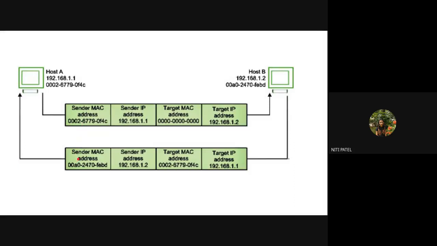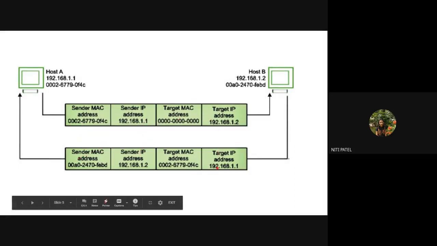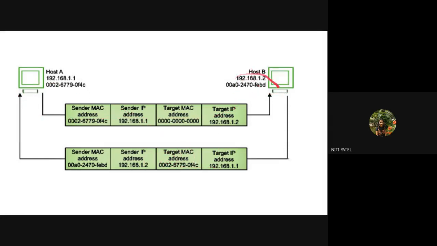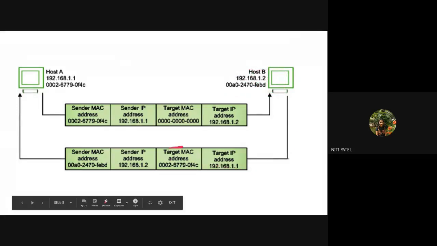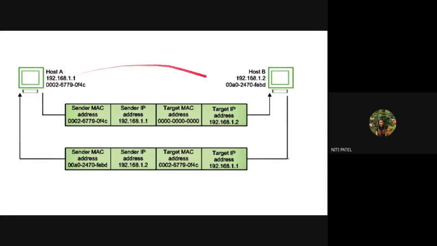So I have the sender IP address, I have the sender's MAC address. I had the target's IP address also, but I did not have a MAC address. I requested it. The ARP protocol executed on host B. As the protocol executed, it added the target's MAC address, and after the addition of the target's MAC address was done, the packet was transmitted as it is to the sender. And now, since both of them have authenticated each other with the IP address as well as the MAC address, both machines can transmit data between themselves, or they can communicate between themselves.